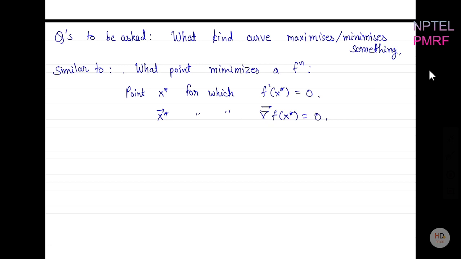But now what we are asking is what function or what curve maximizes a functional, right? And the answer, which we later on found out, was something called the Euler-Lagrange equation, and it's a differential equation. Okay, and before doing that, we also saw that if there are constraints,